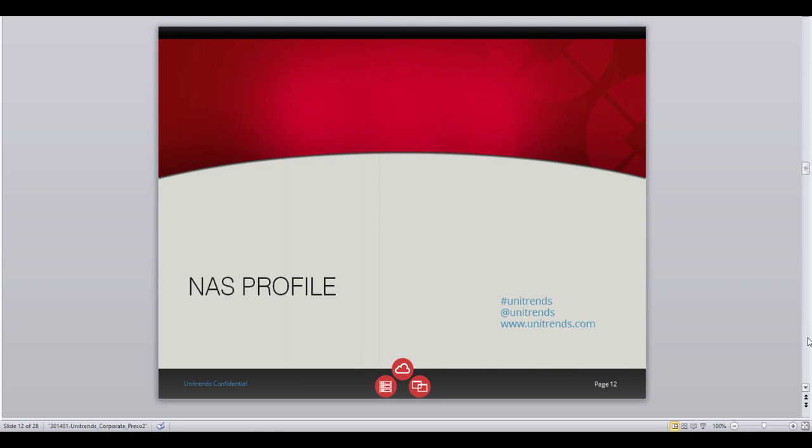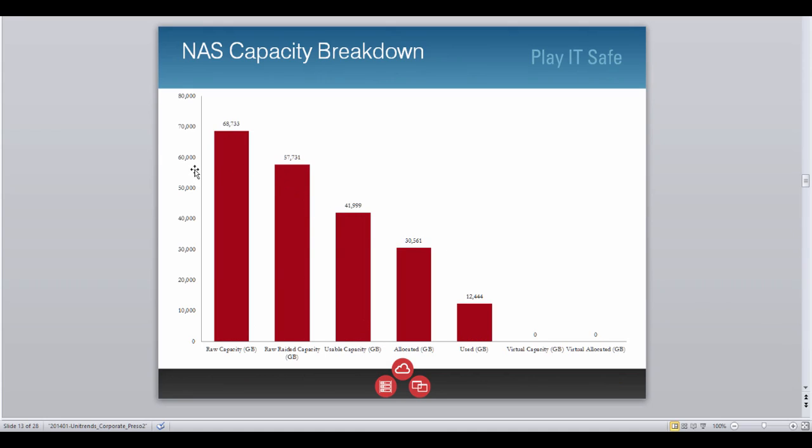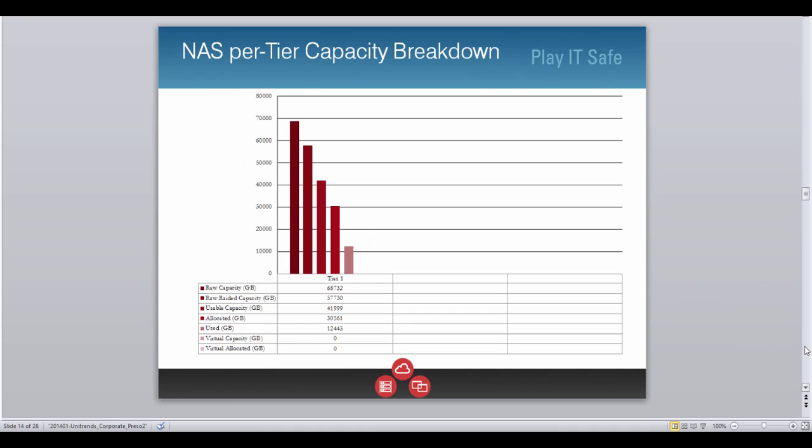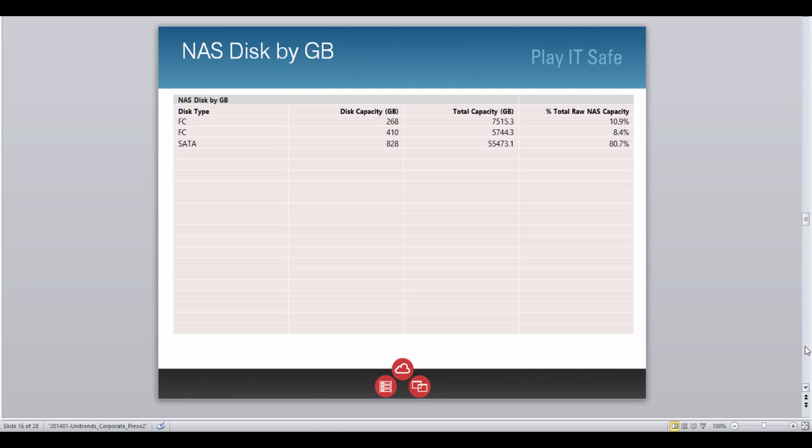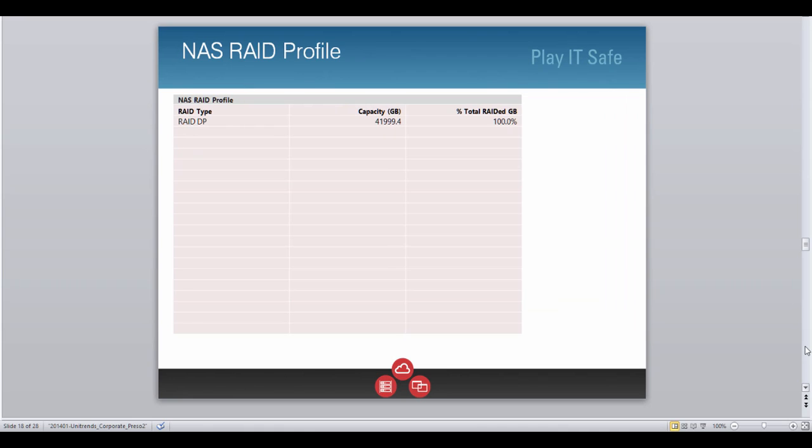This is followed by the profile of the NAS environment. So the raw capacity, the amount of that capacity that has been rated, the usable capacity left over after rating, the amount that has been allocated into volumes, and the amount of usage overall in the NAS environment. This is also broken out by tier and by individual NAS filer. This is also followed by the list of NAS disks by gig and by count, and the RAID profile in